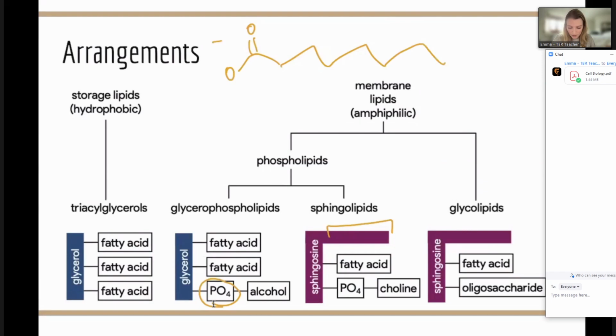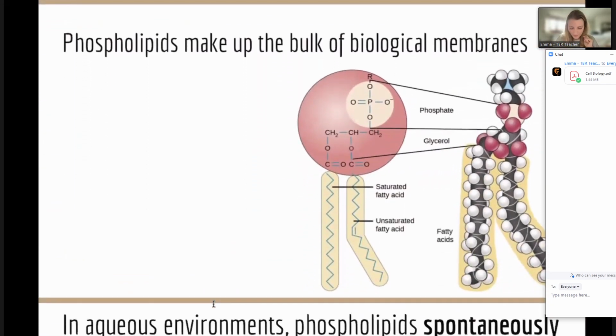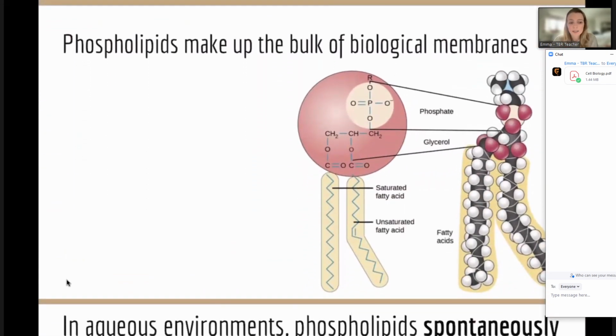So when we're thinking about interacting with water and the behavior of lipid molecules, it's important that they have a part that likes water and interacts with it, and that's going to be the more polar end, compared to the hydrocarbon tails, which are necessarily hydrophobic and afraid of water. So when we look at phospholipids, this is what we're mostly going to see in the plasma membrane, which is sometimes called a lipid membrane, a bilayer membrane.